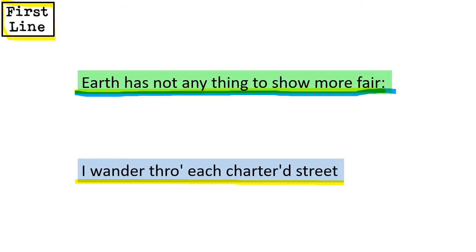You could talk about in the Blake one, the use of the word wander. You could talk about the idea of charter, which means mapped. I would probably go into the word wander. That makes it sound quite pleasant, quite relaxed, quite chilled, where in reality he's going to basically walk through a nightmare, as he describes it. So the first line doesn't really give us a clue of the horrors we're going to face with that nice relaxed word wander, where the Wordsworth poem gives us a sense of exactly what we're getting. We're going to be shown a very, very beautiful location.